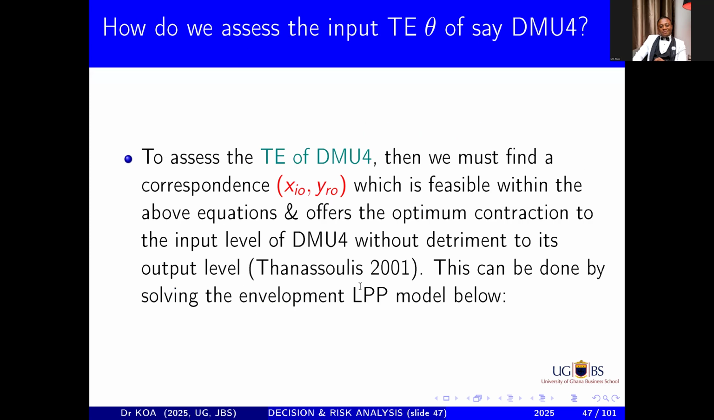Now we are ready to estimate the efficiency score for DMU4. You can do the same thing for everyone. Now, for DMU4 alone, what do we do? The first thing you want to do is to find an input-output correspondence. You see, this x naught